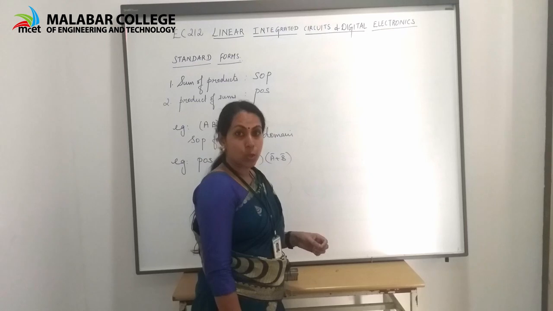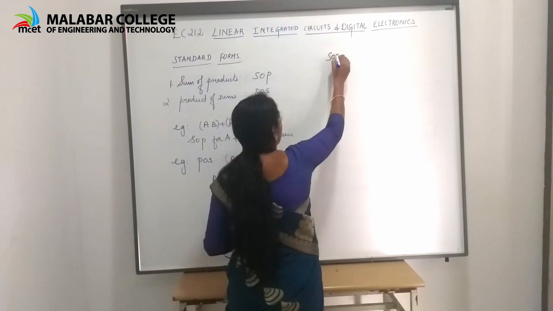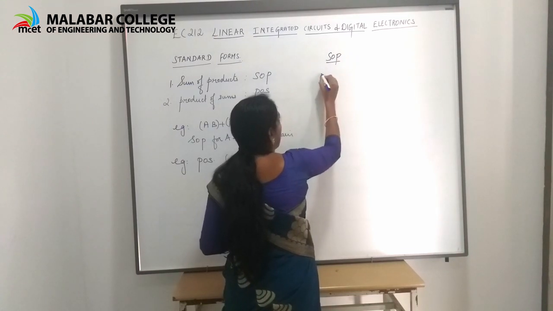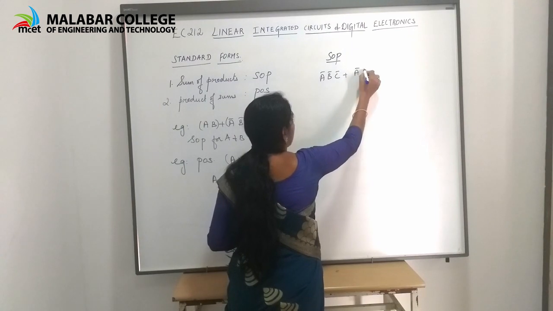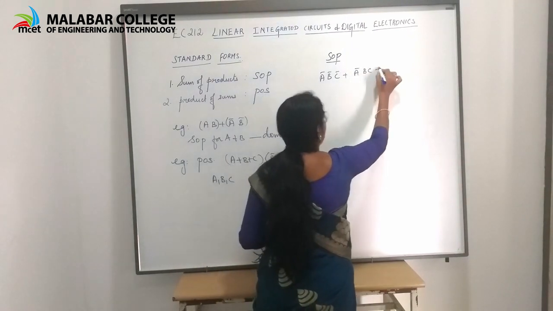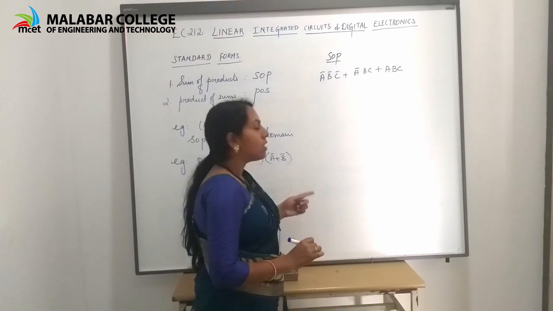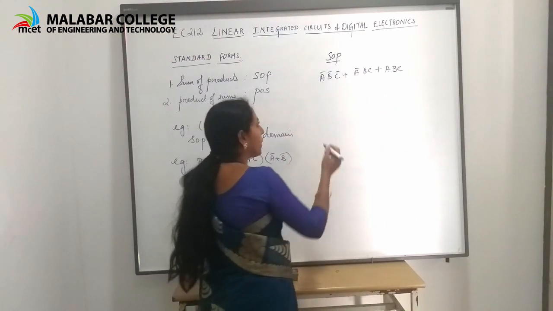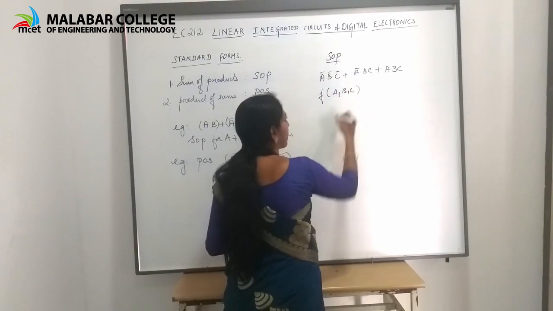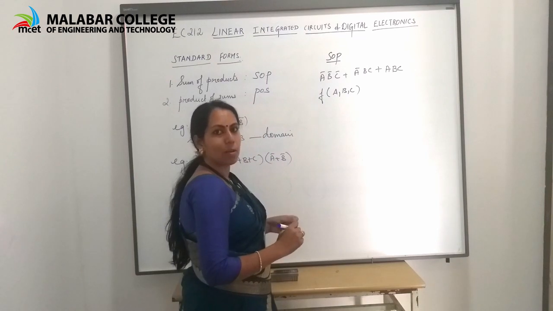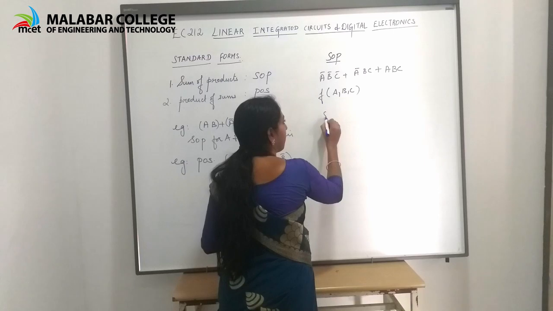Now we will draw a truth table for an SOP function. A given SOP function: A bar B bar C bar plus A bar B C plus A B C. There are three variables here, A, B, C. So we can actually write the function of A, B, C. I have used capital letters here. In SOP,